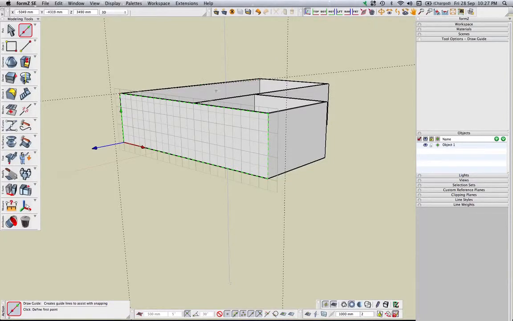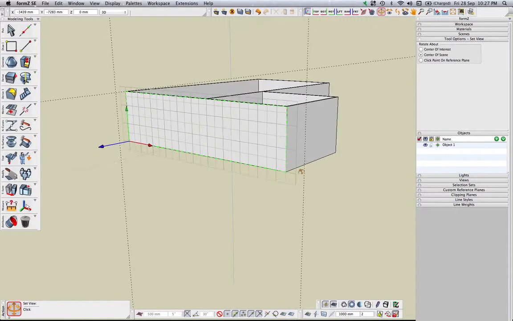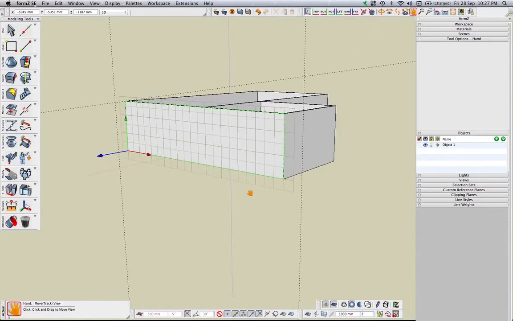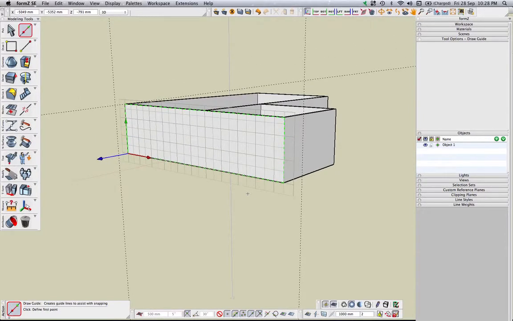Okay, so what we'll do here now is we've got the guidelines set up for that roof shape. We'll start creating the 2D geometry on that plane for the shape of the roof, and then we'll extrude the roof. So I was thinking of trying, I might use the V-line tool again,